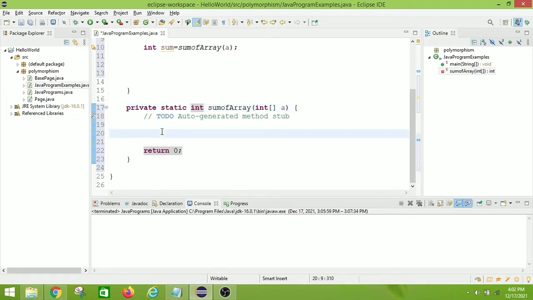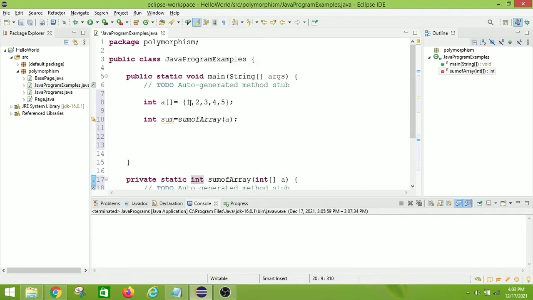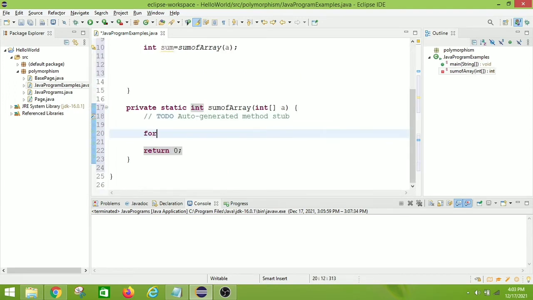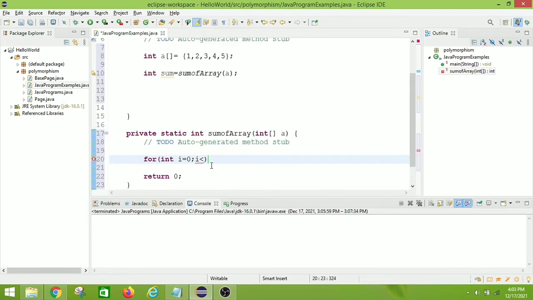Now let us see how we will find out the sum. How can we iterate through all the elements in the array? So we have to use a loop. By using a loop, we can iterate from the starting element to the ending element. Let us create the loop first. For, let us take a value as i is equal to 0. Let's take from the starting index, and i less than. So how many times should the loop run?